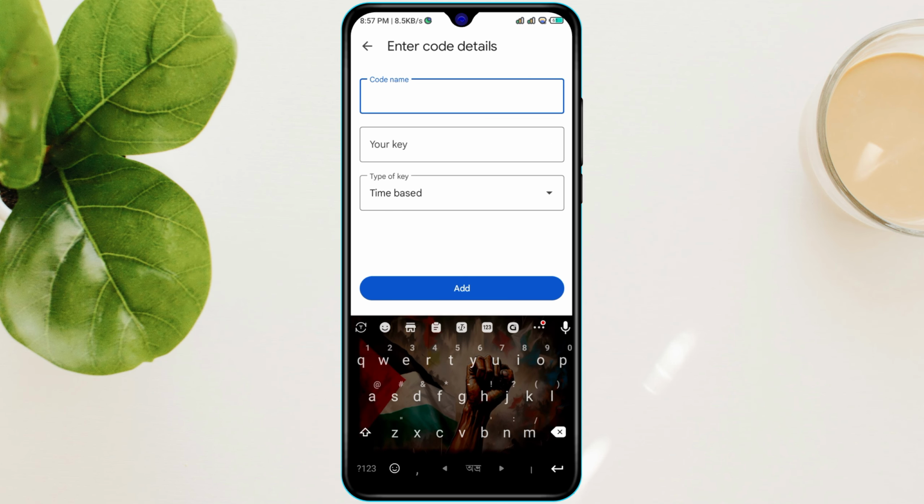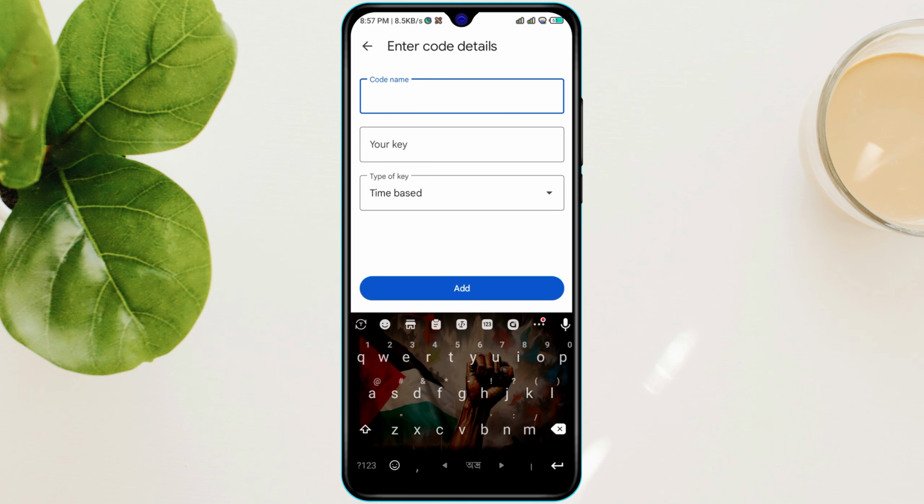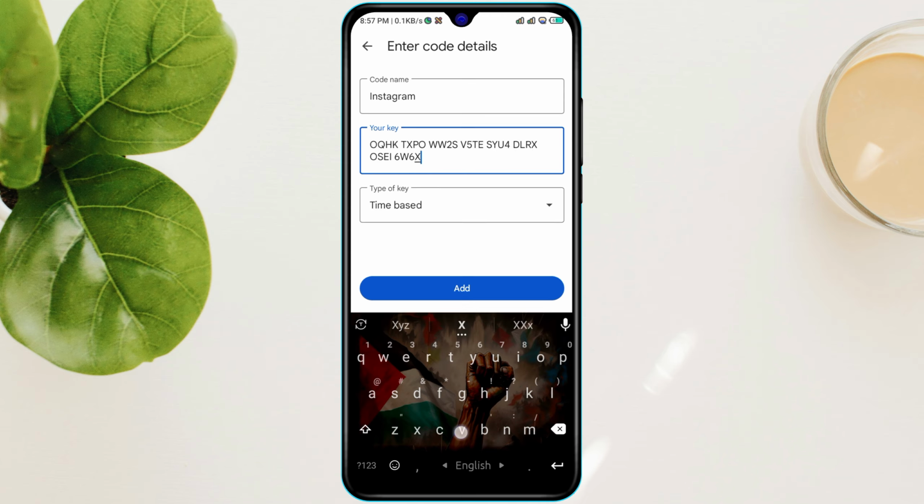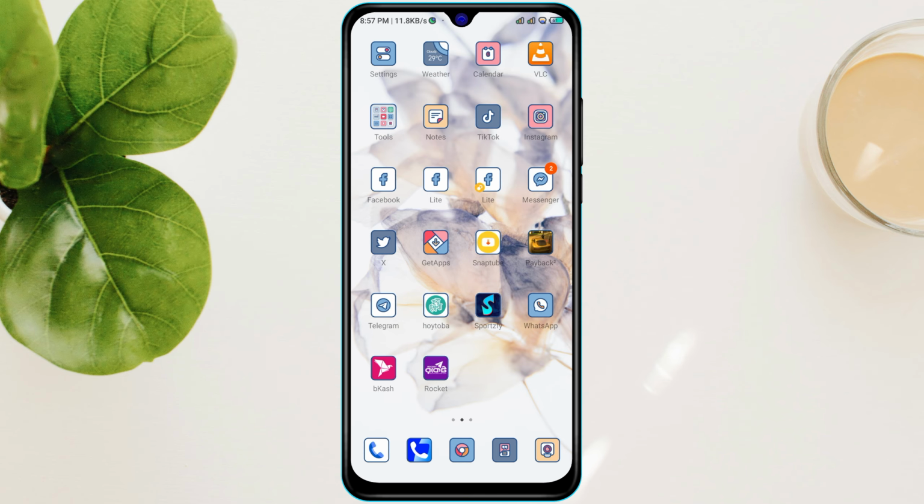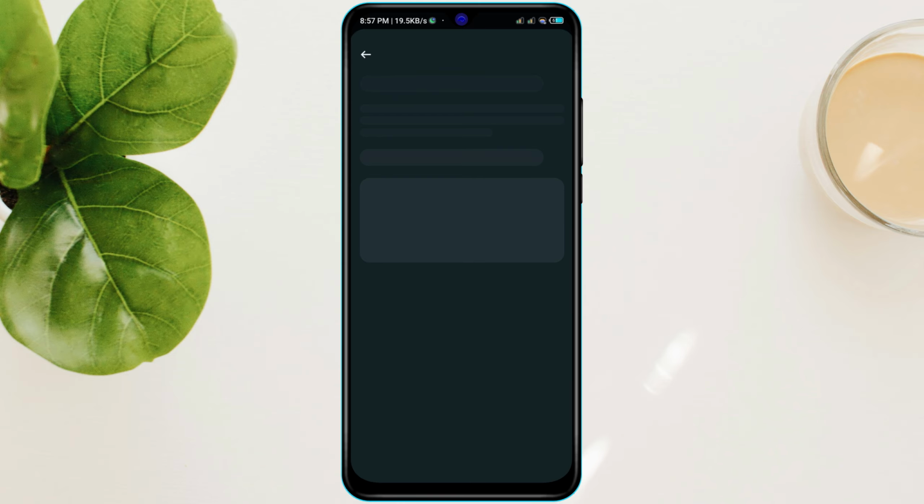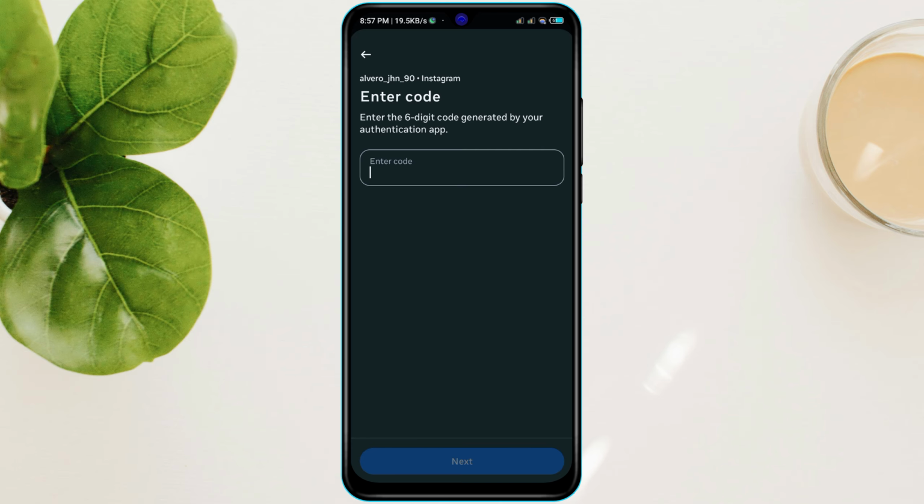Then tap on Add a code. Then enter a setup key. Write Instagram in the code name box and paste the generated code into your key box and tap on Add to complete the setup. Once setup is complete, Instagram will require both your password and our time-sensitive verification code to log